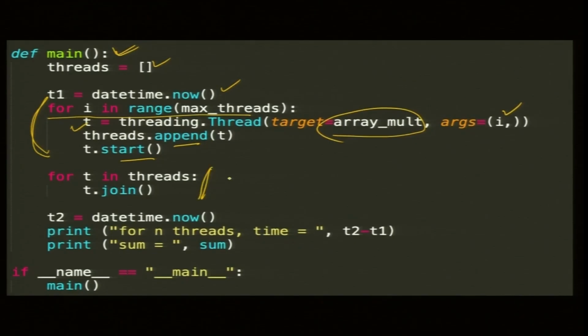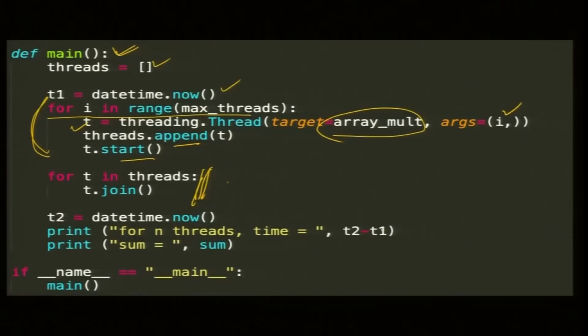Basically you have to put this join, otherwise your code will not run properly. So, once you are done, please join, that is what is being told here, and I print the sum. Then the time difference is printed here, and this is to execute the main function. Without this, you can put it in a terminal and execute the name of the file, but if you do this, then it will run on its own. So, it will basically start this main.